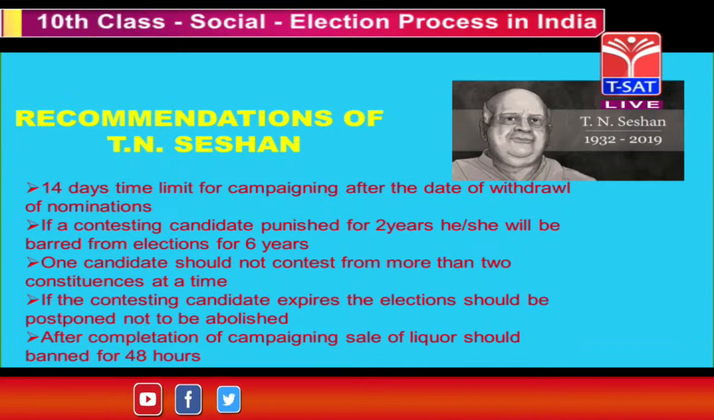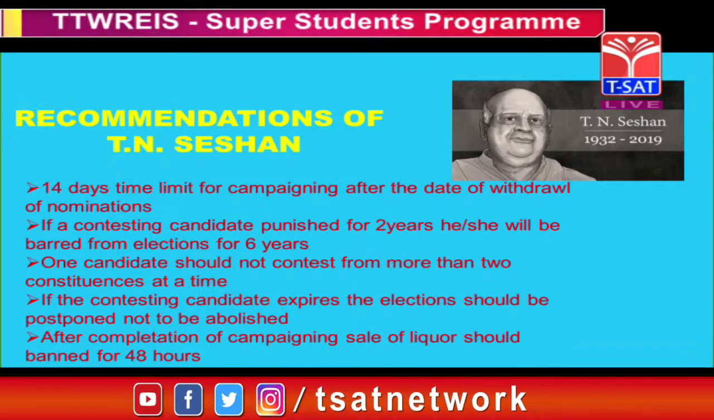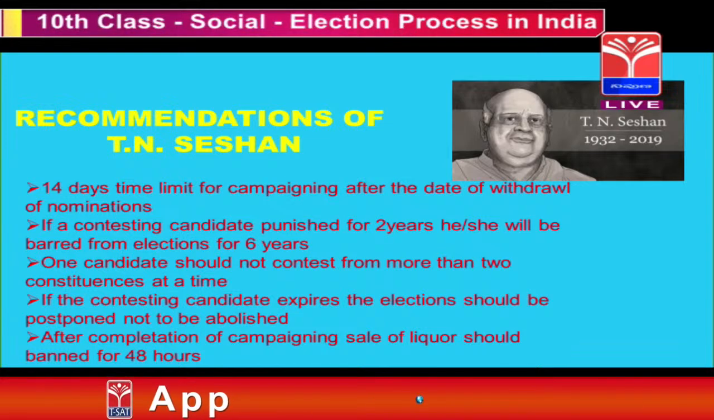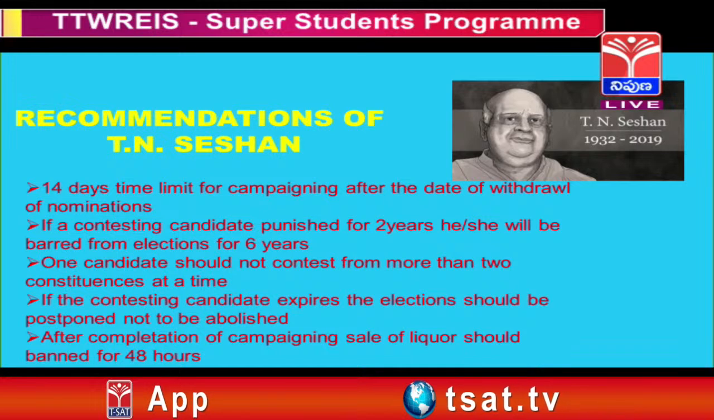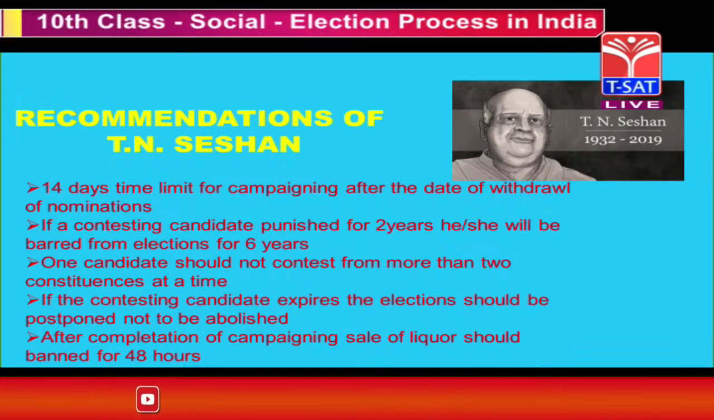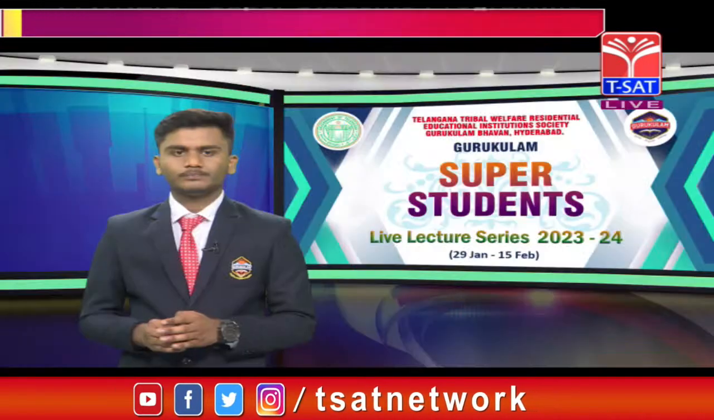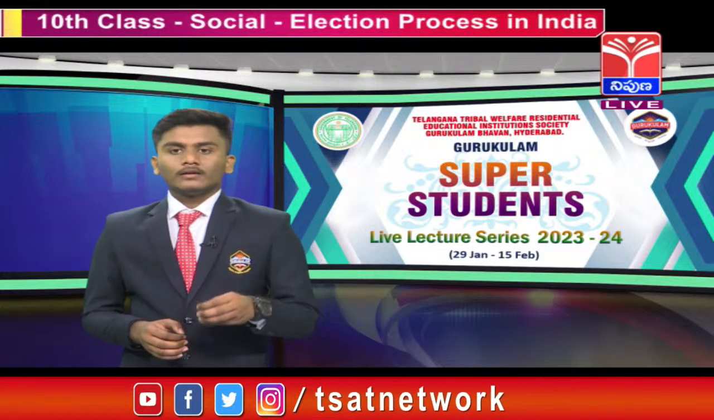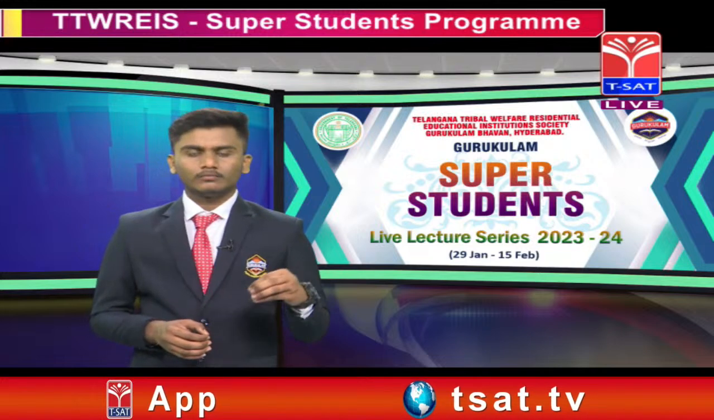If a contesting candidate is punished for 2 years, he or she will be barred from the elections for 6 years. One candidate should not contest from more than 2 constituencies at a time. If the contesting candidate expires, the election should be postponed, not abolished. After completion of campaign time, the sale of liquor should be banned for 48 hours. The recommendations of T.N. Seshan were a milestone in the election